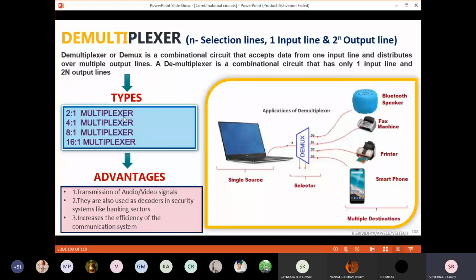In the communication part, you'll generally have a general communication block: a transmitter will be there, a receiver will be there, and in between a channel will be there. Whatever process we do at the transmitter, the exact opposite process we will do at the receiver. That is the flow of any communication block. So here also, the multiplexer will always be employed at the transmitter part because it will fetch many signals and transmit them. But at the receiver, what we need is to get that signal and distribute it. So this demultiplexer is generally called a distributor.